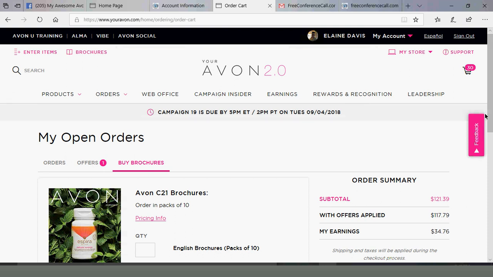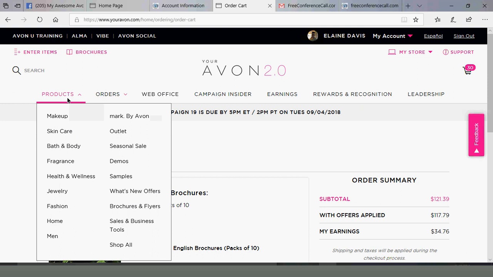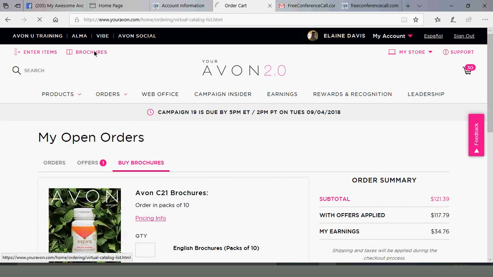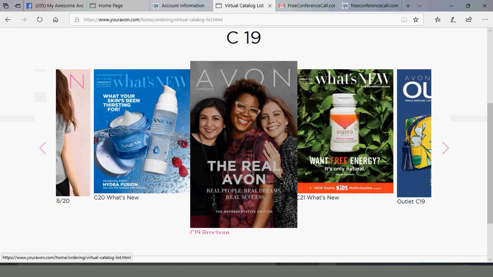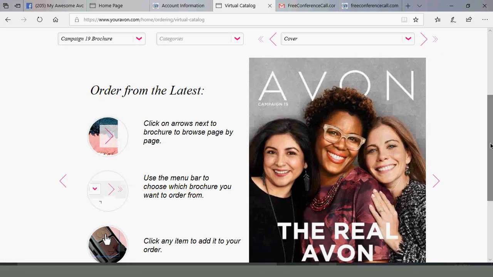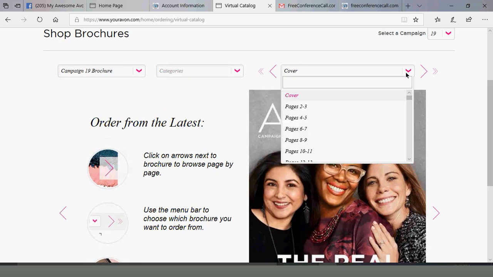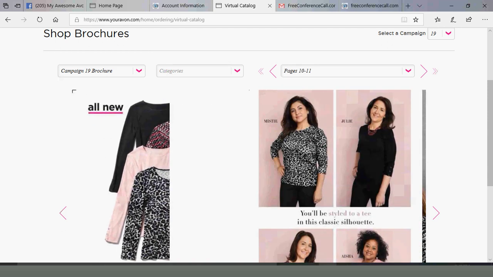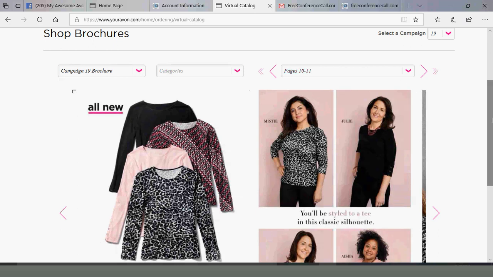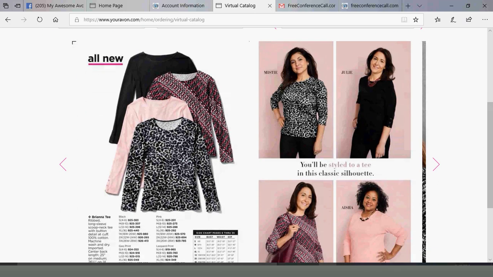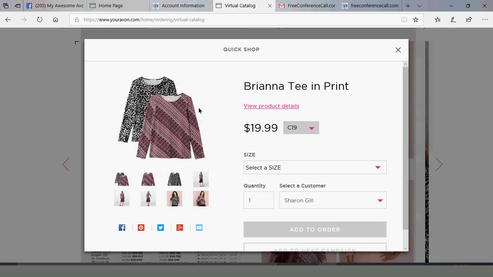Another thing I wanted to show you, which is not here because the setup has changed. Again, you can also place orders shopping through the brochure. So if you want to shop the brochure, if you just want to look through it for yourself, or you have a customer that calls you and says they want to place an order over the phone, and you ask them for the page number, you can go directly to that page number. It will flip right to that page number once you select it, and then you can click on the item that you want. So if you want this shirt here,